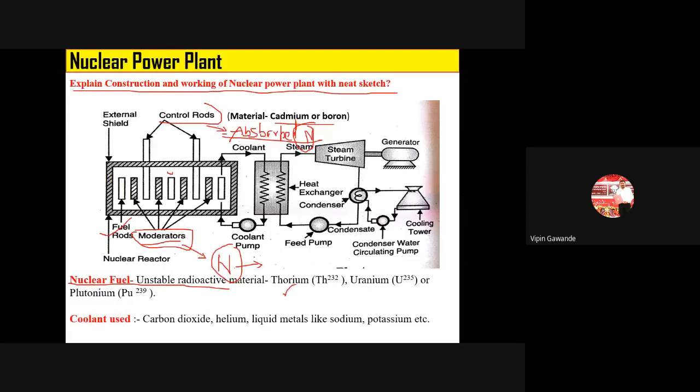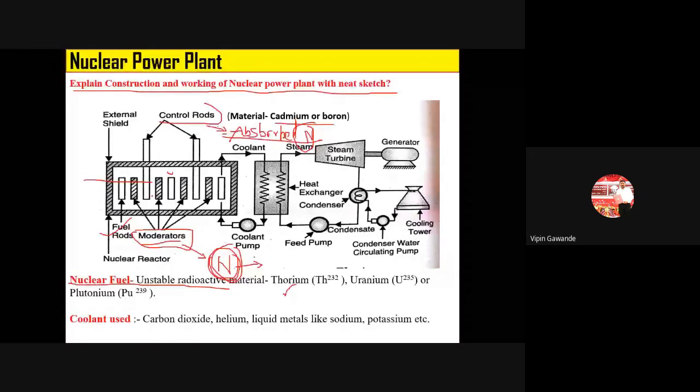Now what has happened here inside the nuclear reactor? We have a lot of energy generated inside the nuclear reactor. Now we have to use this energy. For what purpose will we use this energy? We have seen in the thermal power plant that we are using a steam turbine. So we require superheated steam.